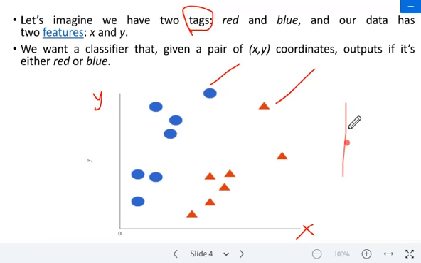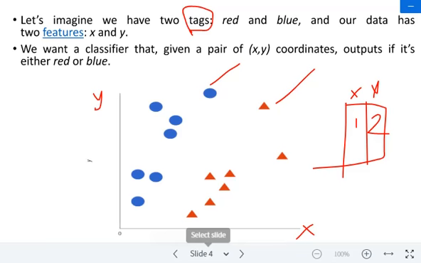In the training data set, if it is numerical data with two attributes x and y, say x is 1 and y is 2, the data point can be drawn here. Like this, the entire training data set is drawn on a plane with two dimensions, x coordinate and y coordinate.